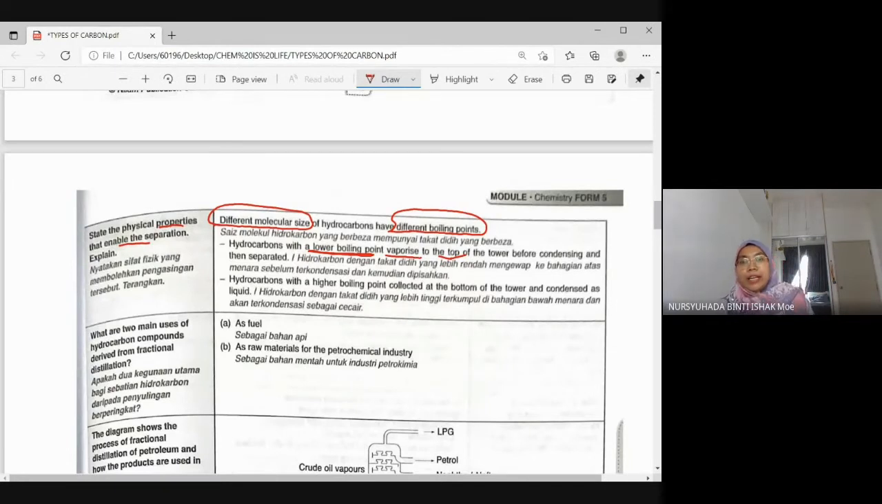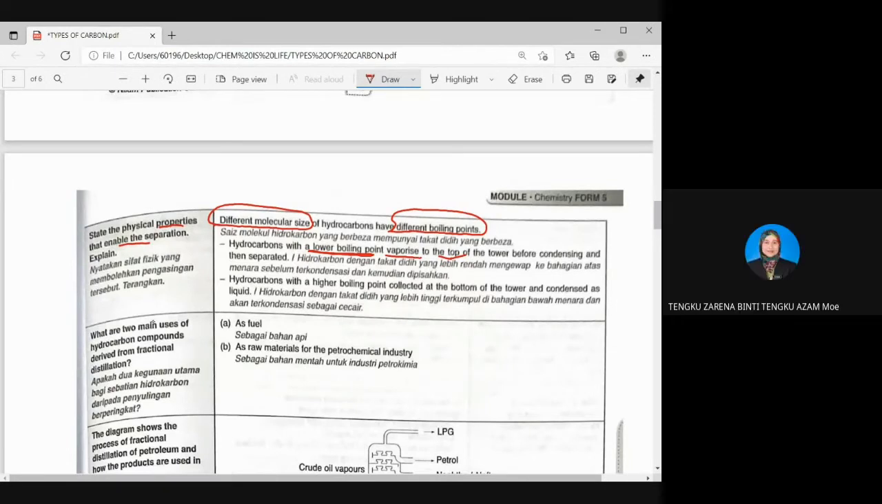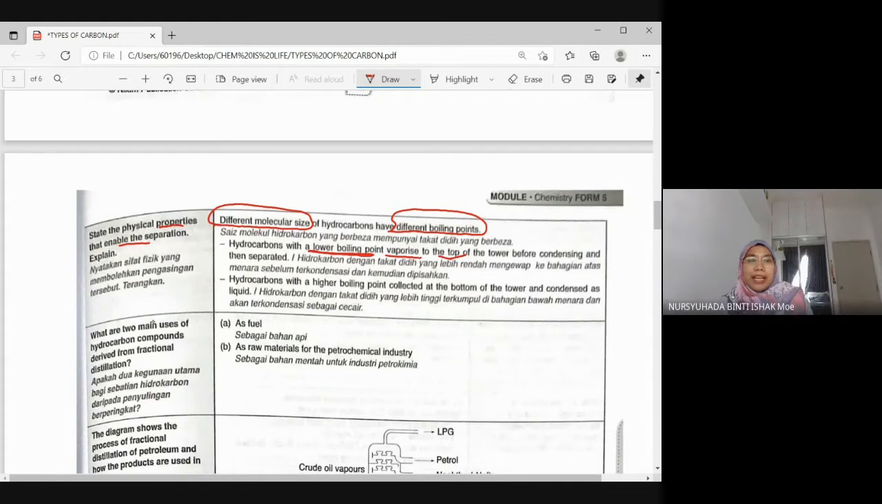Terima kasih Puan. Sama-sama. Okay, bye-bye. Okay, bye-bye. Alright, cikgu nak tanya kenapa